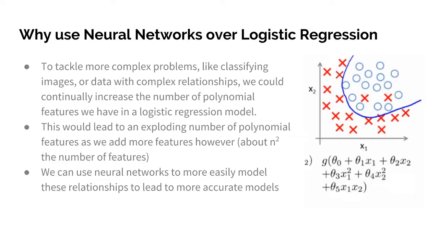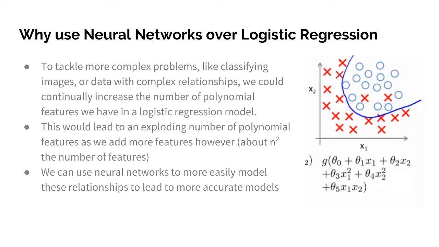And so overall, I've shown you a lot of exciting applications of neural networks, but generally, the reason why we might want to use them over logistic regression is that they're able to tackle more complex problems, like classifying images or data with more complex relationships than we could easily find with a logistic regression. If we want to do it with logistic regression, we theoretically could. We could just increase the number of polynomial features we talked about last lecture in the logistic regression model. And so on the bottom right, you can see,